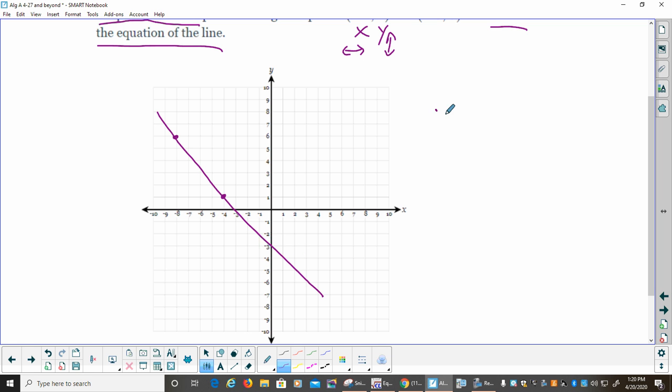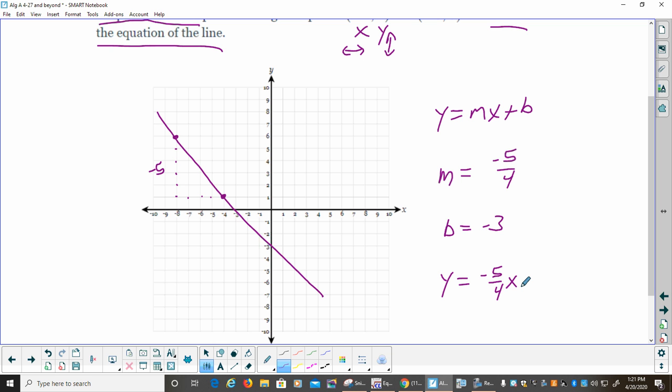So just like before, you're going to need the y equals mx plus b. You're going to have to find the slope and the y-intercept. And I'm suggesting that you guys find those two things first. It looks like the y-intercept is -3. And the slope, just like before, I'm going to count it out. So 1, 2, 3, 4, 5. But I went down to do that, so it's -5. And then right 1, 2, 3, 4. So -5/4 is the slope. So your answer is y is equal to